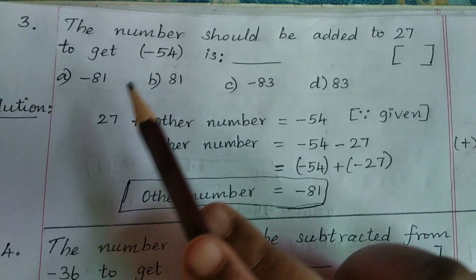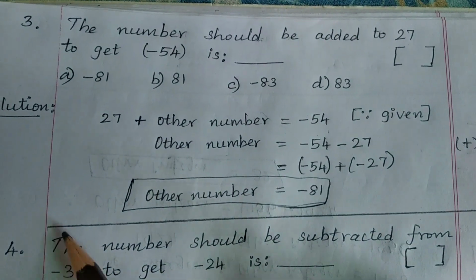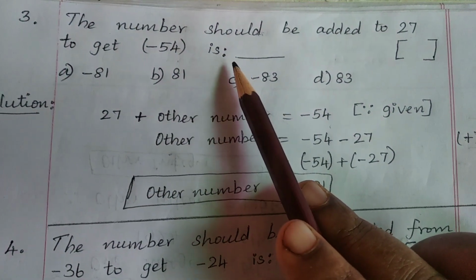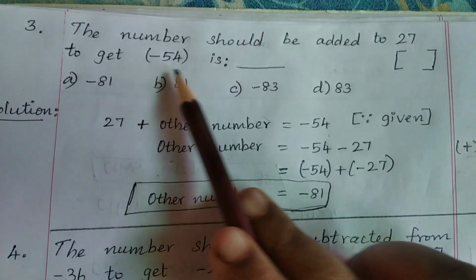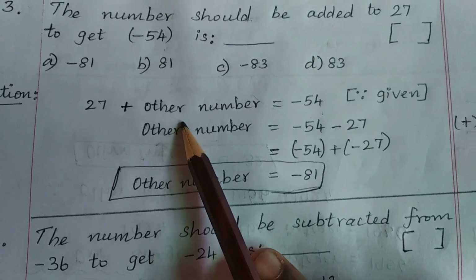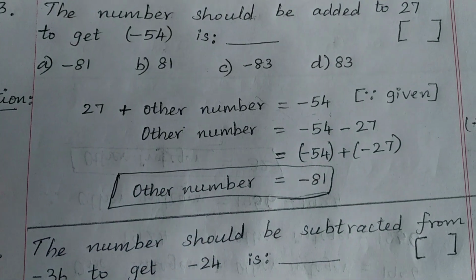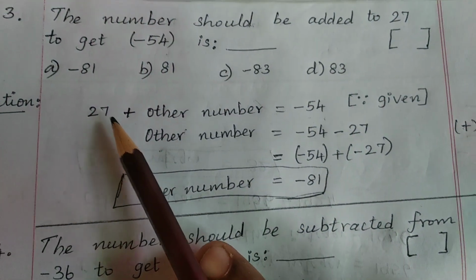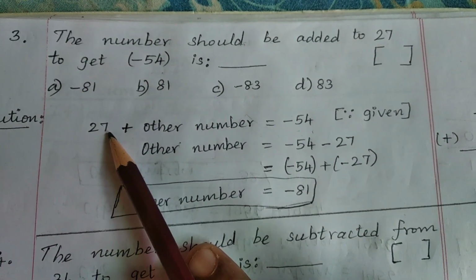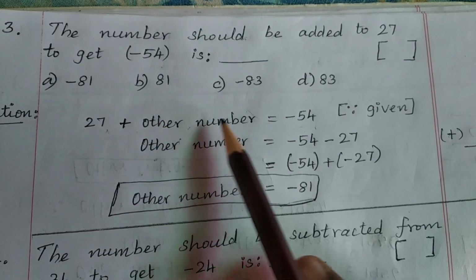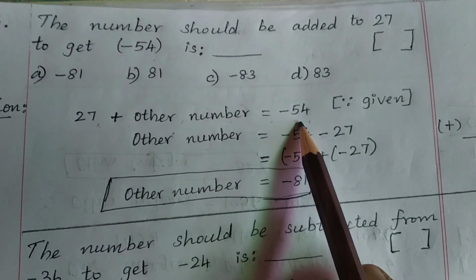This way you have to rearrange the statement. Then only you will be able to convert the word statement into a mathematical statement with exact operators. So to 27 we are adding some other number to get minus 54